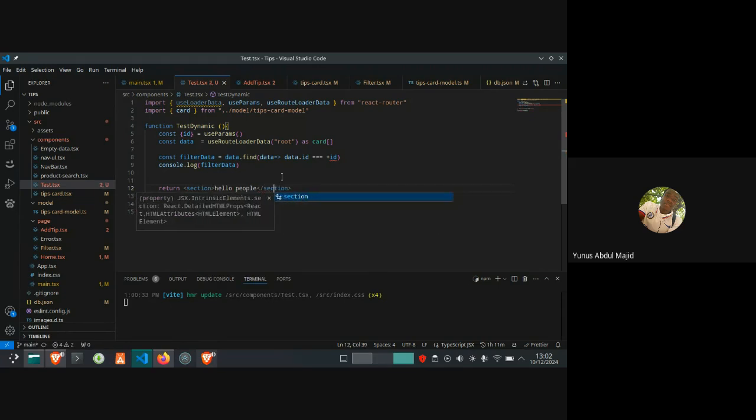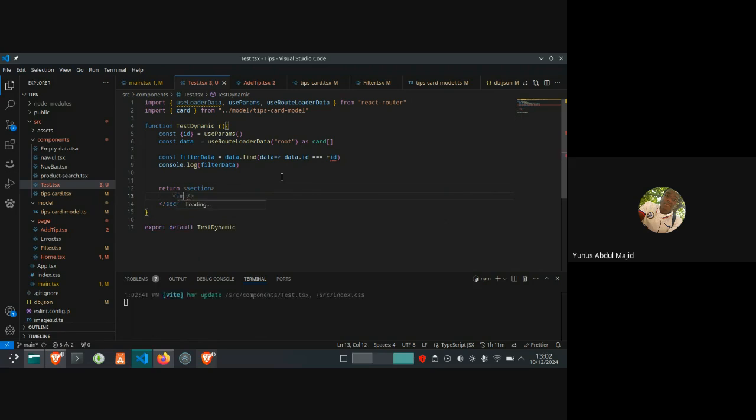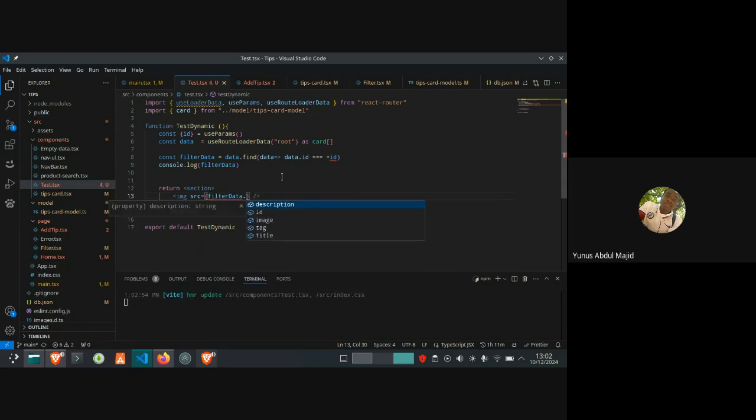Section. Then let's say image, img src filterData dot image.